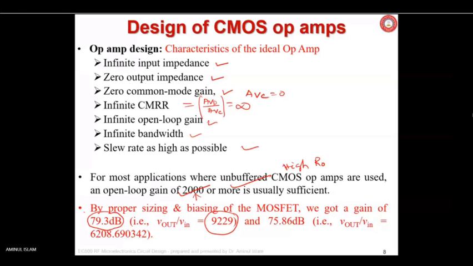You see, there is always a trade-off between gain and frequency. If we increase the frequency, gain will drop. So don't be surprised that this much gain has been obtained, but in theory it is written only 2000 in a practical op-amp. How is it possible? If you increase the gain, sometimes bandwidth will be reduced. That is the characteristic of op-amp. Are you getting, Aman?